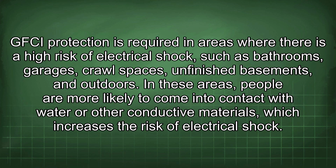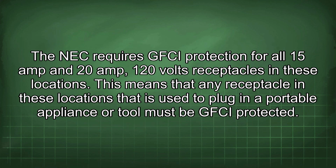body. GFCI protection is required in areas where there is a high risk of electrical shock, such as bathrooms, garages, crawl spaces, unfinished basements, and outdoors. In these areas, people are more likely to come into contact with water or other conductive materials, which increases the risk of electrical shock. The NEC requires GFCI protection for all 15 amp and 20 amp 120 volt receptacles in